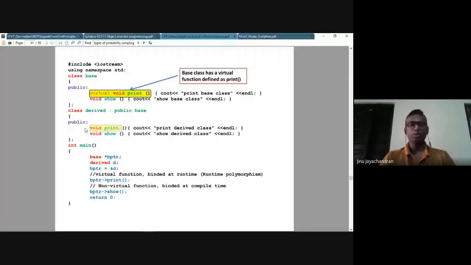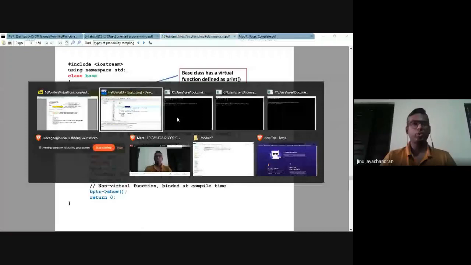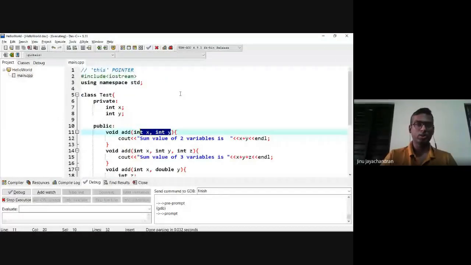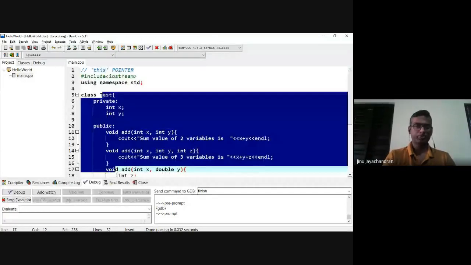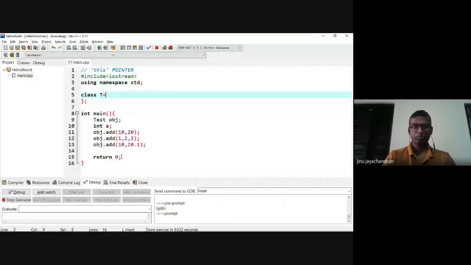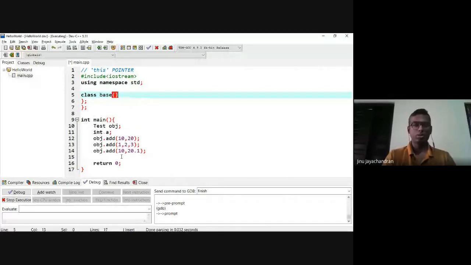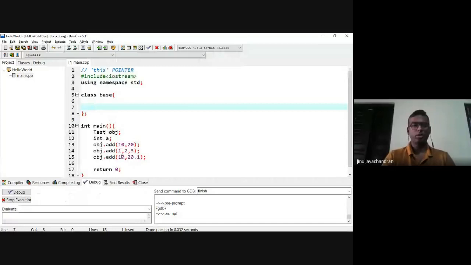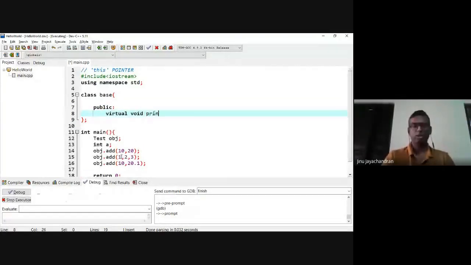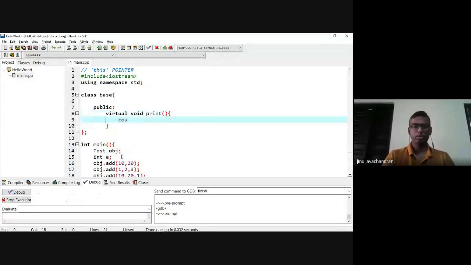Okay, so just for your convenience, I'll try to write the code and we'll see how that works. So I have a class called base, and I have a public virtual function called print, in which I'm going to say cout, this is base class print.